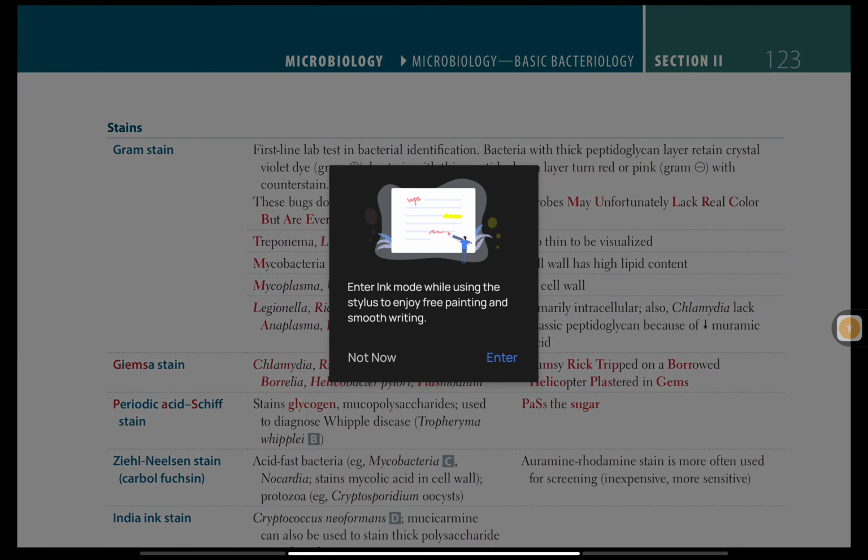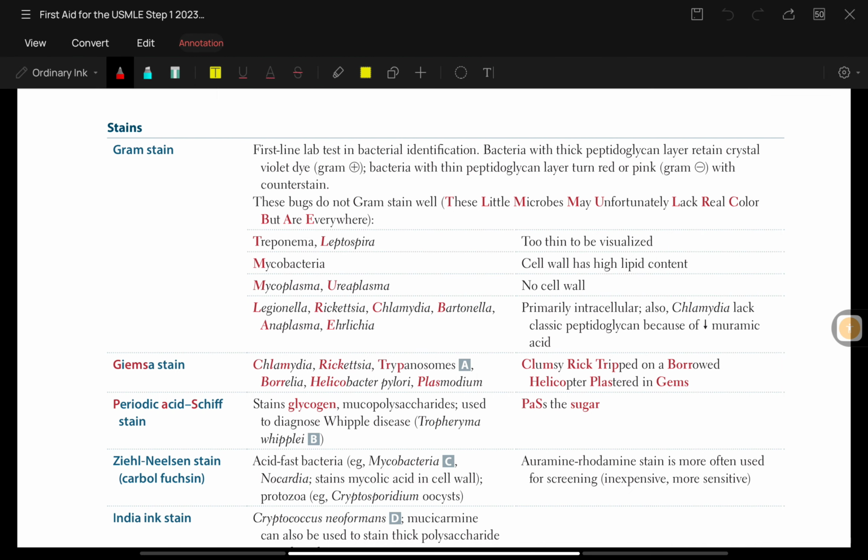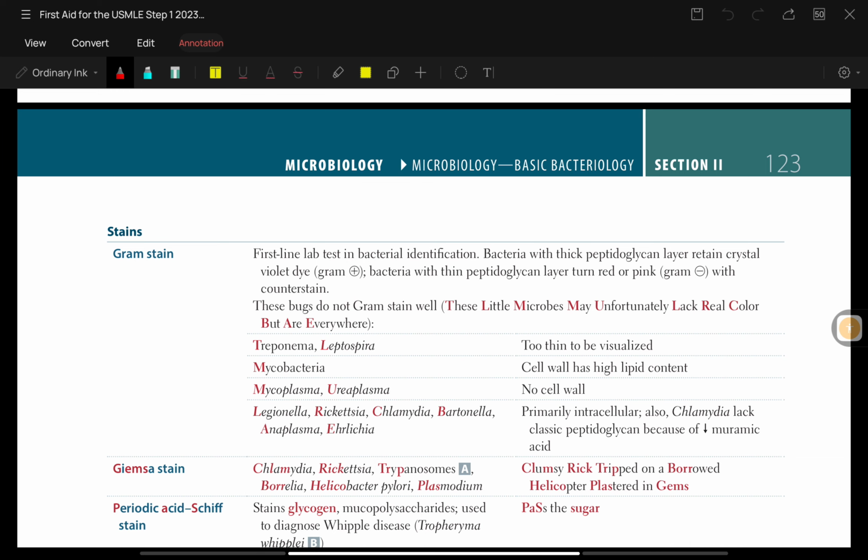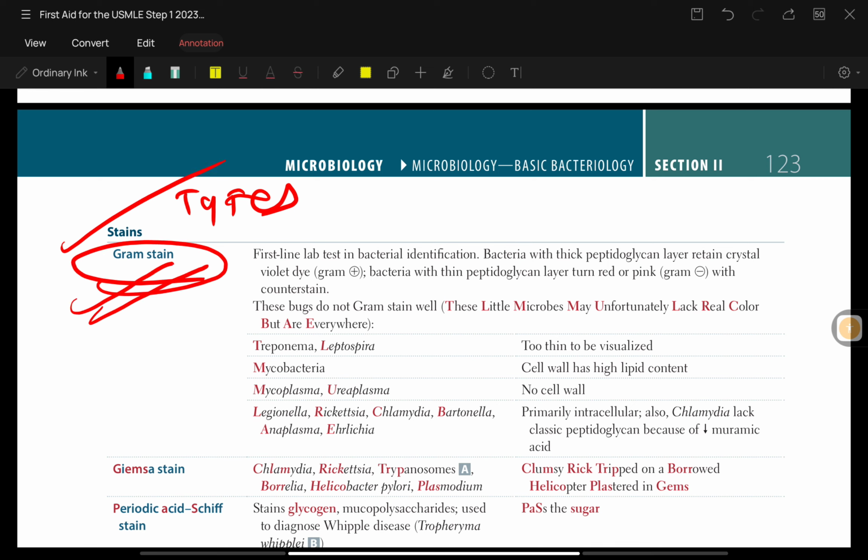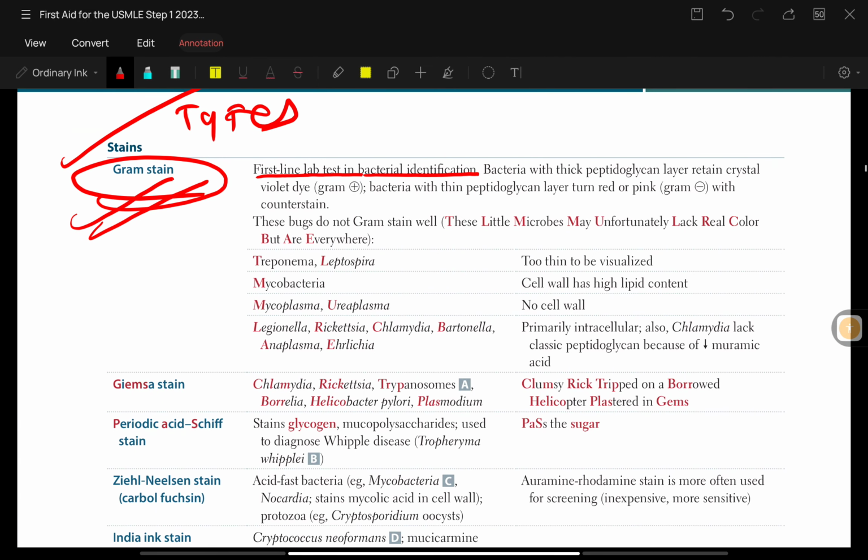So moving on to the next page, we have different types of stains. The very first one is Gram staining. Gram staining is the first line lab test in bacterial identification. So the first line lab test in bacterial identification is Gram staining, and here we have bacteria with a